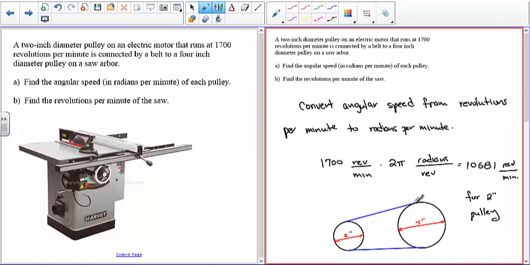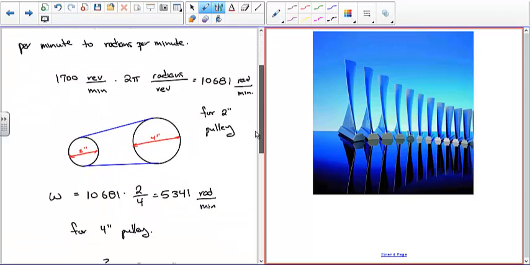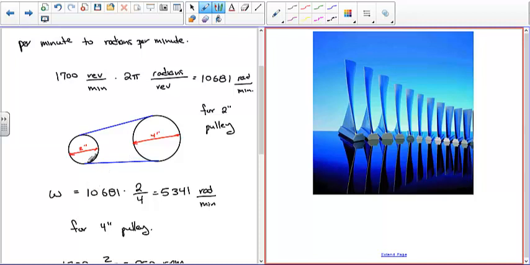Now here what happens is the belt means that the linear distance traveled is the same per unit time, but because this is 4 inches, it's going to rotate half as much. So I think that's what we have down here. One way of thinking about it is, if this thing rotates at this speed, then this one's going to rotate at half the speed, because the actual distance the surface travels has to be the same between them. Since the distance traveled is omega times the radius, this one has twice the radius, so it's going to have to spin at half the speed. So this one's spinning at